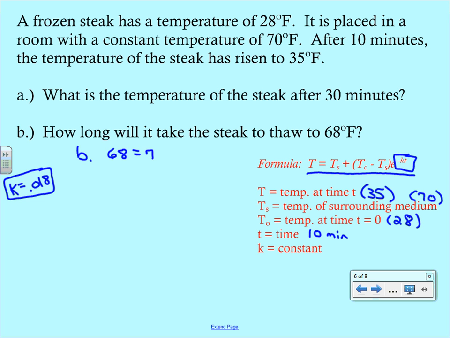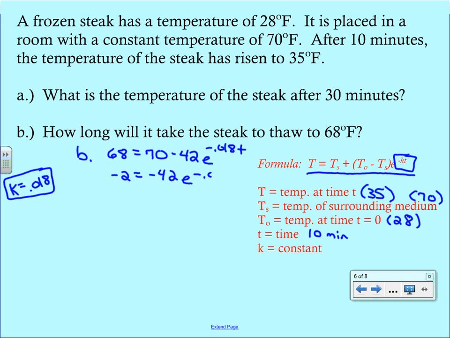Okay, we still need to use all of our same initial starting information, but as you can probably see with this, we're trying to find time with this example, which means we have our variable in our exponent. So that means we're going to have to get everything away from the e so that we can use the natural log. So we subtract 70 from both sides, end up with a negative 2 equal to a negative 42,